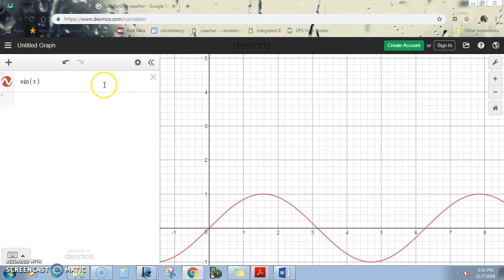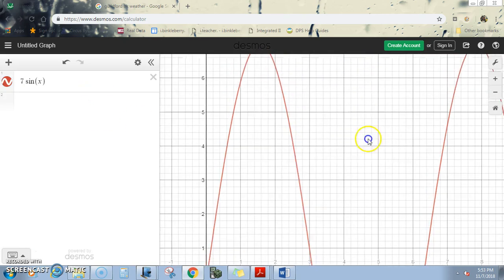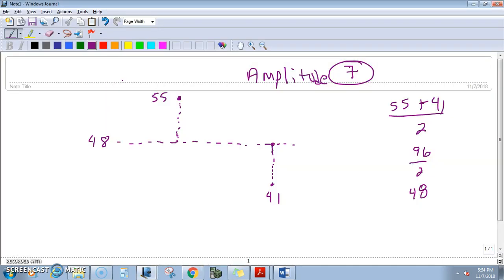So we can do that. It's the same as stretching any function, as we multiply by that in front. So 7 times sine of x. Okay, so I've stretched it, but now the top part is only at 7, and I need that to be all the way up at 55. So how many more up do I have to do to get to 55? So you can figure that out by doing, right, 55 minus 7,